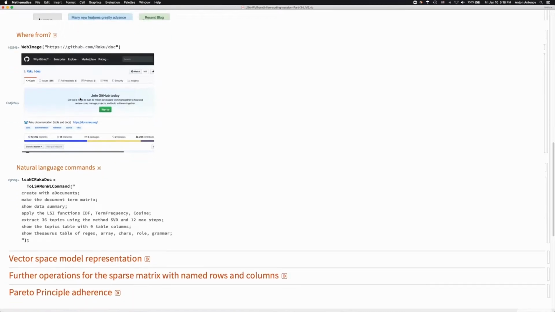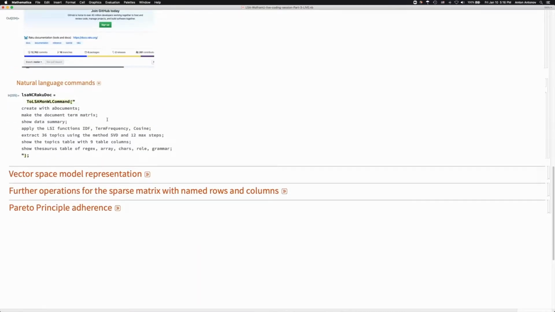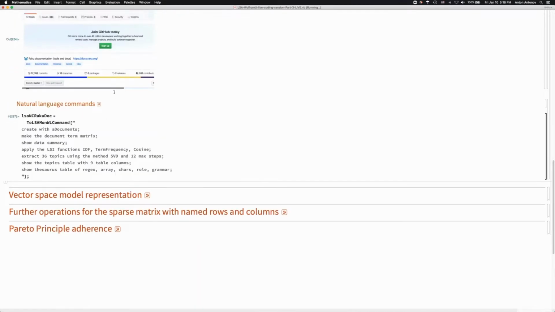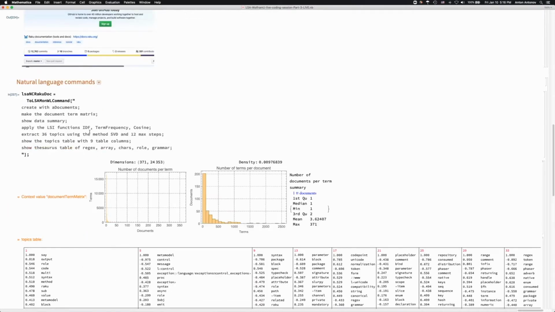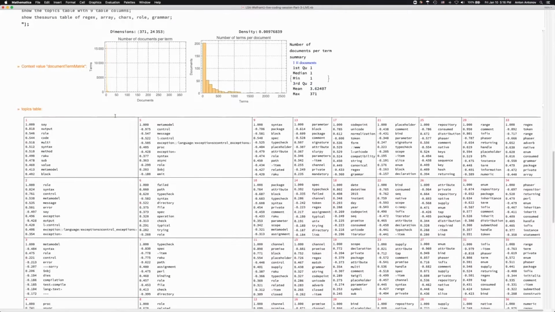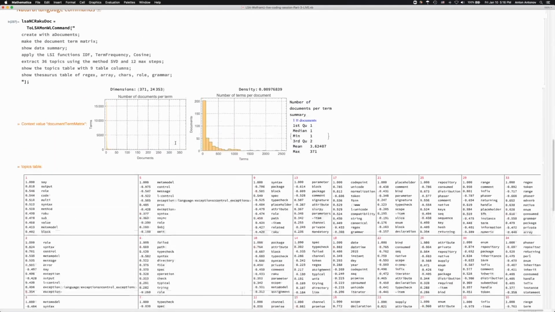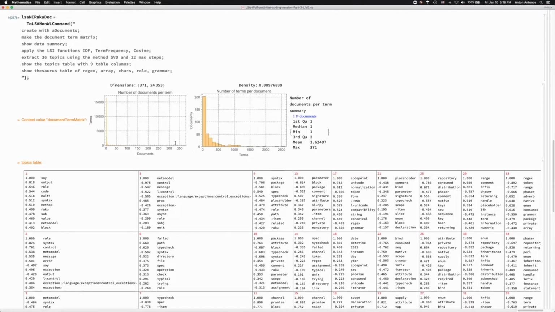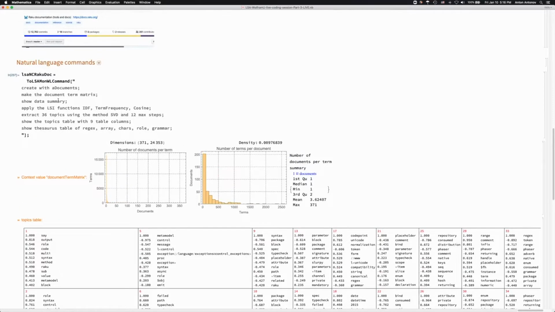So the example here was to take the documentation from GitHub of the Raku language and apply the typical latent semantic analysis workflow over it, and basically get some sort of summary or review of what is being discussed. And so I'm not going to go further into this, but what I'm going to show is